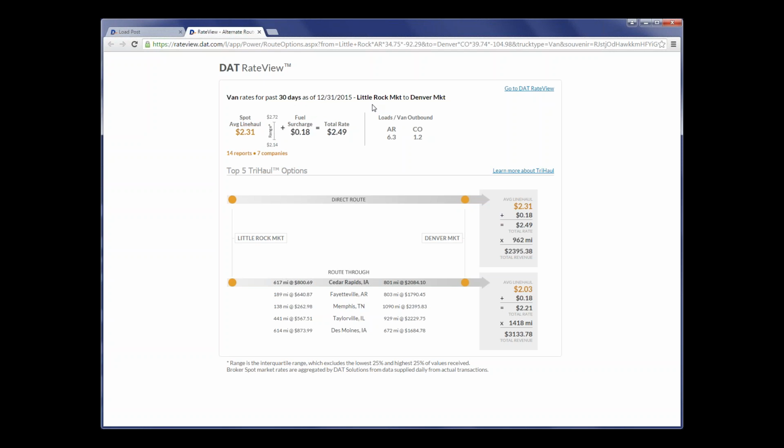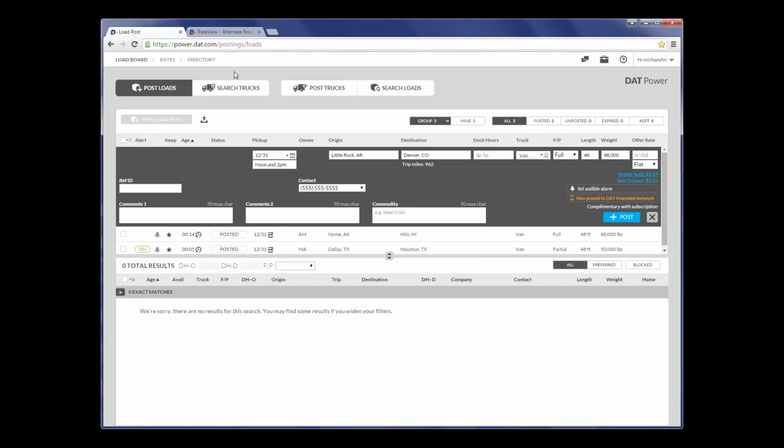So if you don't subscribe to RateView, we offer you what's called a broker spotlight rate, and that's based off a 90-day average from expanded market to expanded market. So a bigger time frame, a bigger geography, not as accurate as you can get if you subscribe to RateView, but still a very good indication of exactly how much brokers are paying carriers right now between these two cities that you're seeing here. So very good handy tool, and remember,